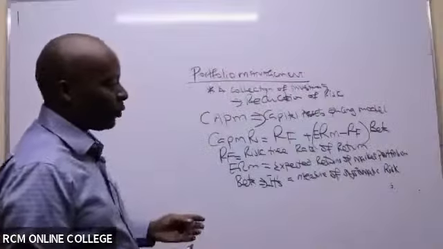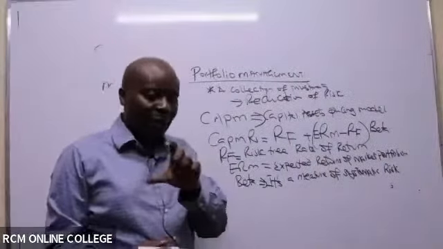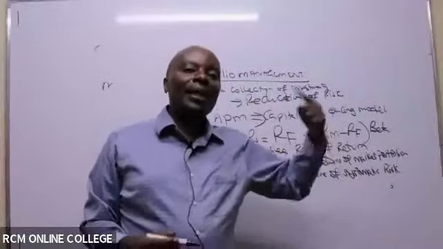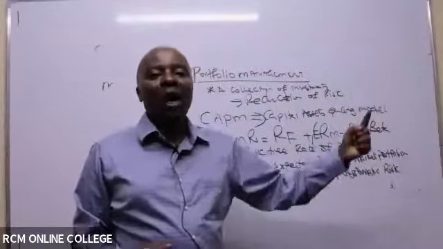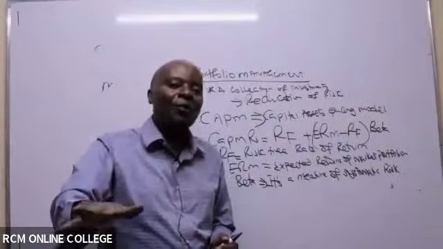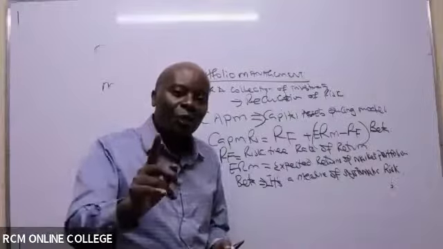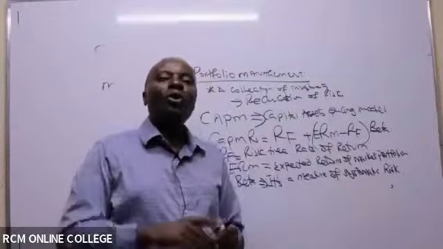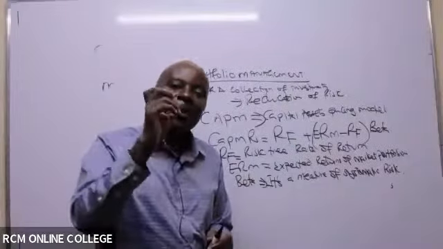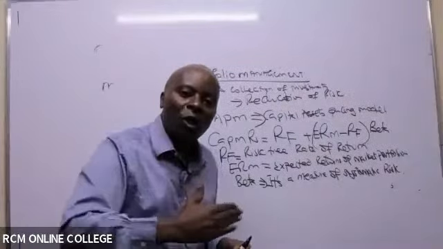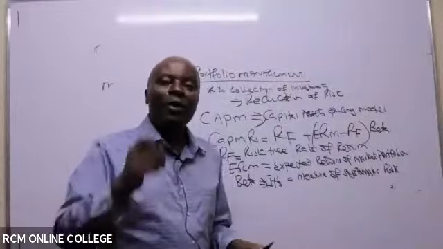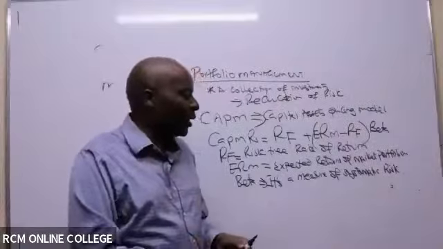Remember, we have got two types of risks. We have what we call unsystematic risk, and we have systematic risk. From the word systematic, systemized, the same throughout. That is the risk that you can never diversify, you can never run away from. You go to this industry, you'll get systematic risk. You go to industry B, you'll get systematic risk. Like inflation is that kind of a factor that affects all industries of an economy, all companies in an economy. So whenever we talk of systematic risk, I'll be defining this better.